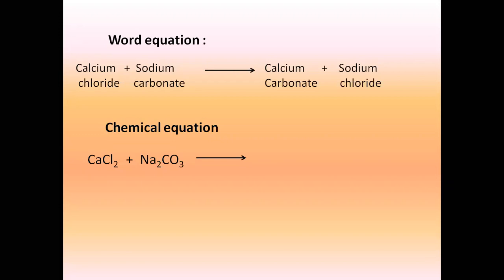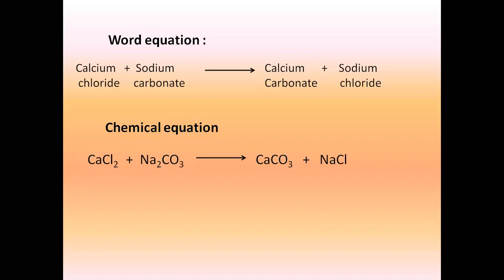See, it's just a simple crisscross, positive, negative. Calcium carbonate. What is the formula of carbonate? CO3, and calcium is Ca. Both have valency 2, to become CaCO3. And sodium chloride is the one which we've repetitively been using. That is NaCl. Very good. Were you all able to do this?